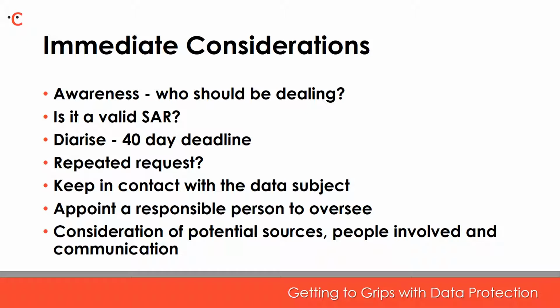Finally, make sure someone is assigned to oversee the process. At this stage, that person can consider all the potential sources of the individual's personal data, including manual files, electronic files, email accounts, and surveillance records like CCTV. They can consider the likely resources that they will need to comply with the request, including getting IT on board early and considering if a team will be required to help with the search and/or to help sift through the